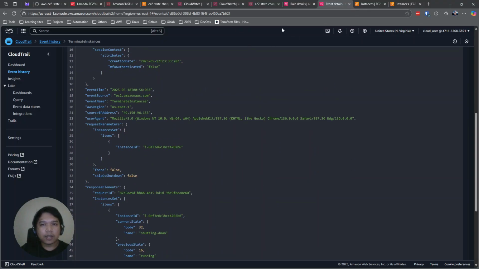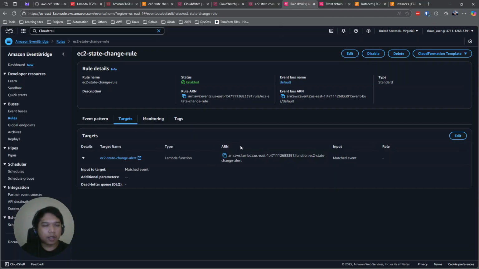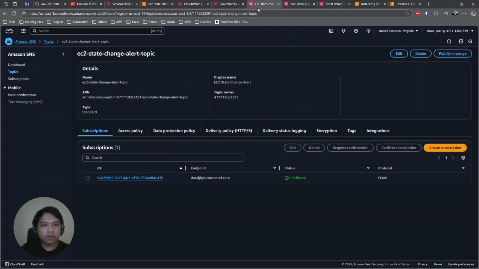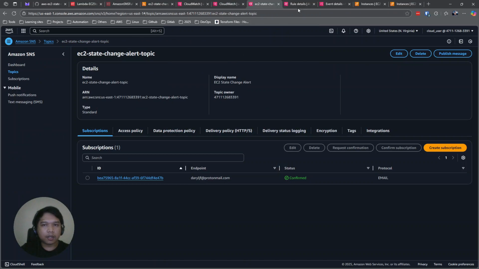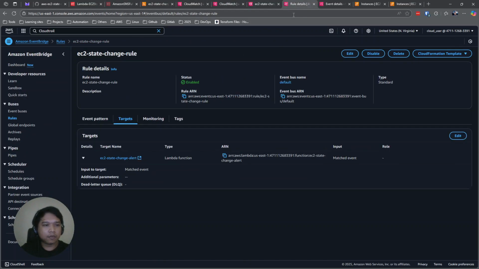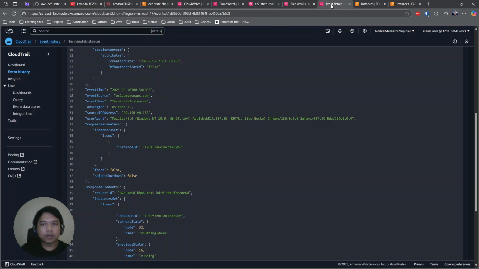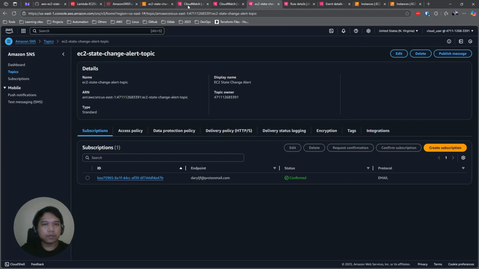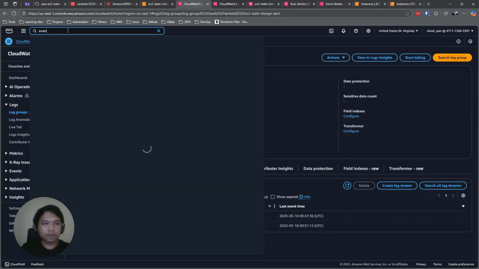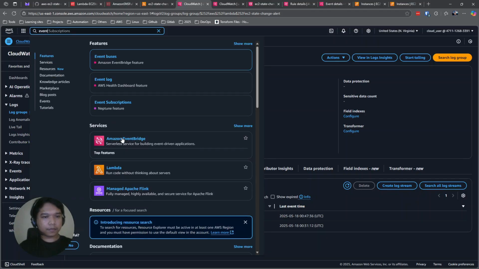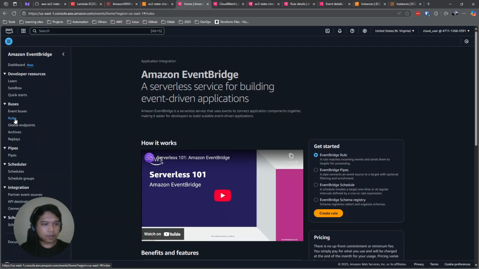So the next thing that we'll need to check is the event rule configuration. Maybe we're not able to add the correct filter. So let's check for EventBridge rules.